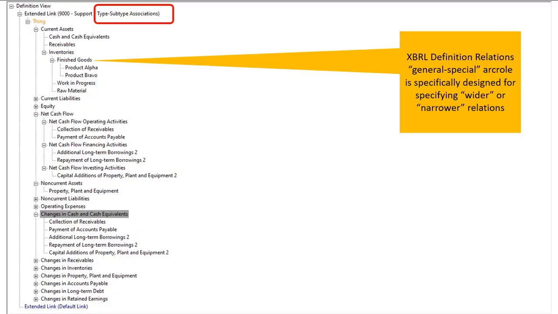Okay, in this video, I wanted to provide some more information on type-subtype associations. So I'd encourage you to watch that video before you watch this video, Type-Subtype Rules. In that video, you saw this slide, and this shows the type-subtype associations for the trial balance